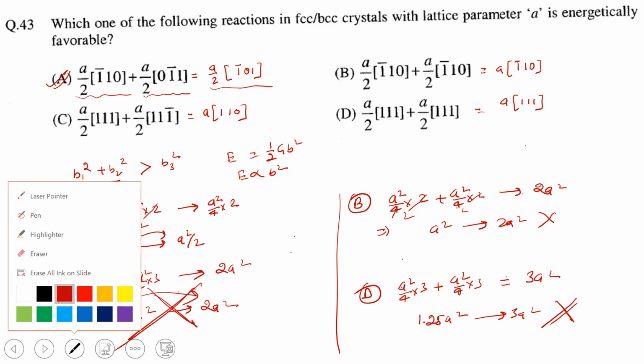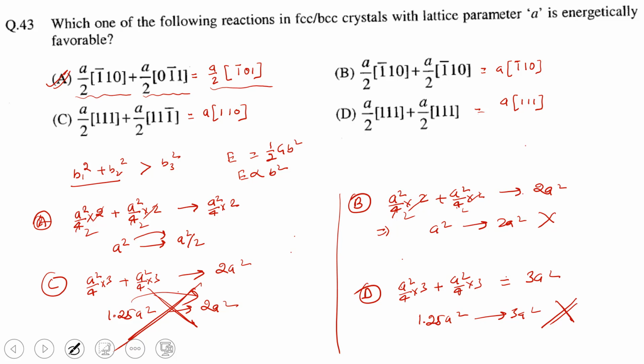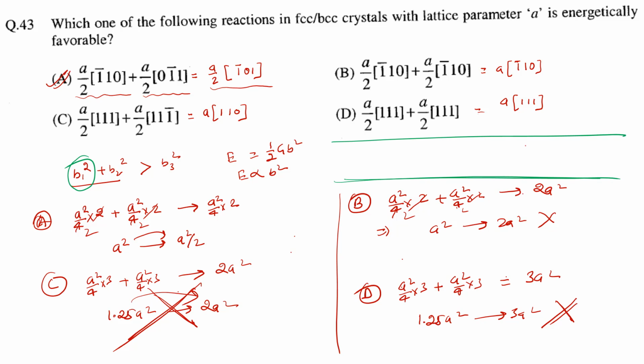Okay guys, did you understand how I am writing this b1 square? Right. So now I will just tell you. Many of you may not know: b1 here in the first case, suppose I am taking this one, it is equal to a by 2 (1 bar 1 0), right? So if you take the modulus of this, the modulus will be equal to